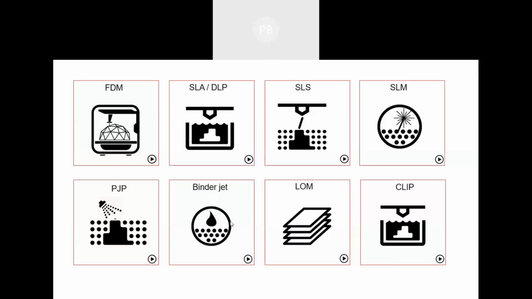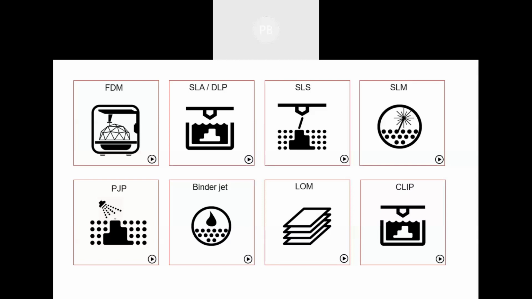And there is one more technology, which is binder jetting. Binder jetting is also used for powder material, where there is a powder material and a binder agent. Some liquid agent is used, which is a binder, like a gum, and it is deposited according to the desired geometry of your design, and it binds the material. It gets stuck with the powder material and you form the product. LOM is one other technology. LOM is lamination-based 3D printing, where we use lamination sheets, cut the sheets, and the part gets printed with lamination addition.